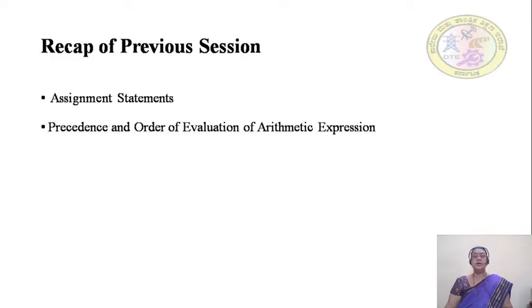Order of precedence for the operators is: highest precedence is for unary operators, followed by arithmetic operators, followed by relational operators, then equality operators, followed by logical AND, logical OR, and finally the assignment operator.